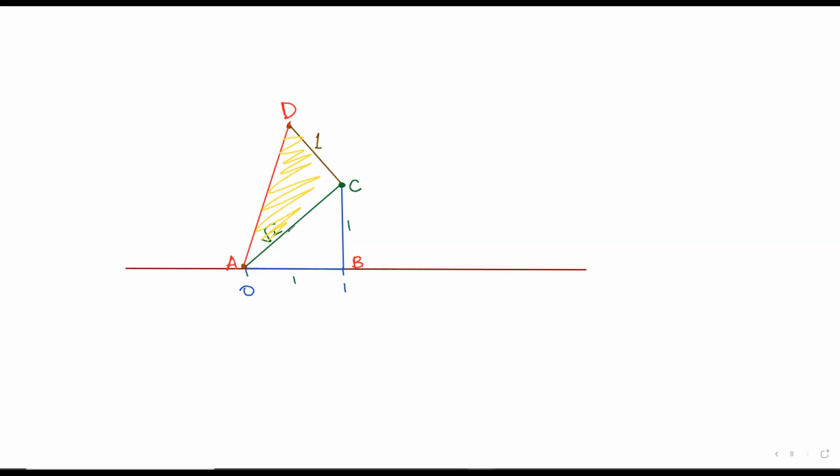Why? Because one of the sides is 1, and the hypotenuse turns out to be root 3. So now if you do the exact same exercise which we just did, if you take your compass needle and put it on this point at 0 and take the pencil and put it at D, the length that you now have is root 3. Then you make an arc over here, and this will basically be the value of root 3 on the number line.